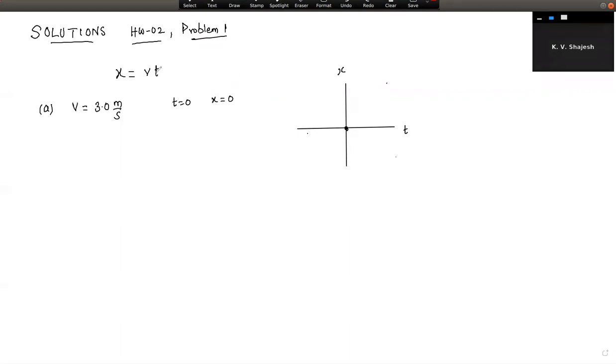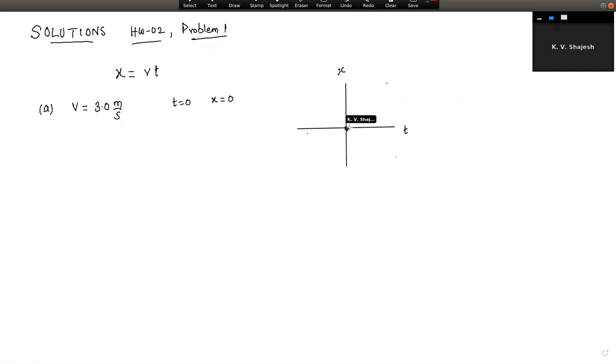The slope is 3 meters per second. Since we don't have a scale really to measure with respect to what, if t was in seconds, then we know the tangent of what angle is 3, tangent of 45 degrees is 1, so it should be more than 45 degrees. So we can expect this,